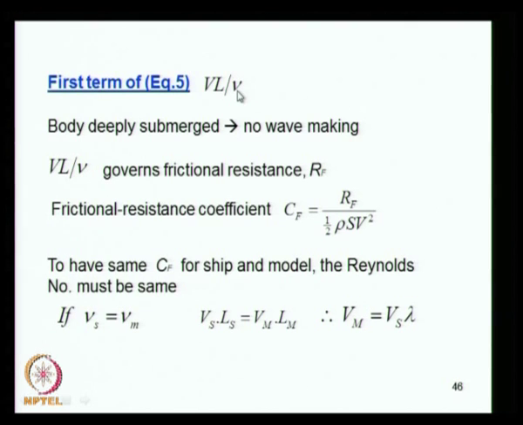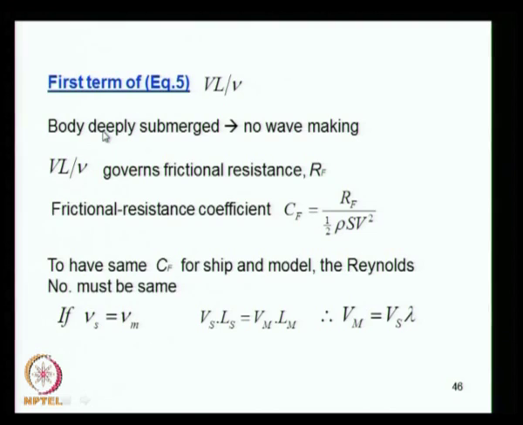Now we look at the other terms. So first, we know with the three terms considered, the functions of Froude number, Reynolds number, and the non-dimensional pressure, also called Euler's number. And we have seen the Euler's number is not significant, it is the same between ship and model. So we have seen that the ratio is equal to 1. Froude number, we have seen, if it satisfies, the model velocity is equal to ship velocity divided by square root of lambda, the Froude number is satisfied. The third one, what is left, is the Reynolds number, which is VL by nu.